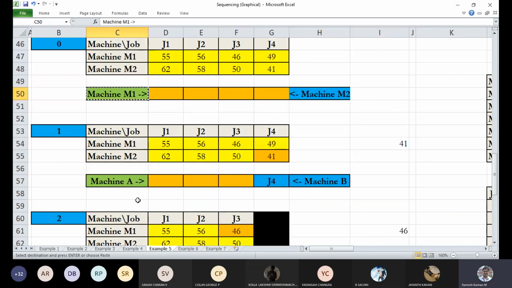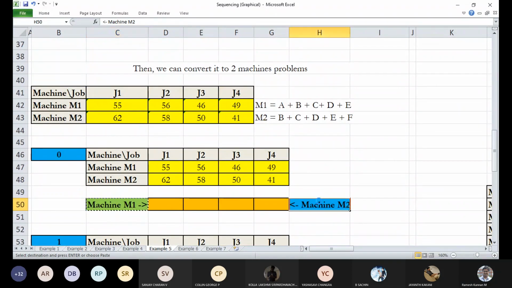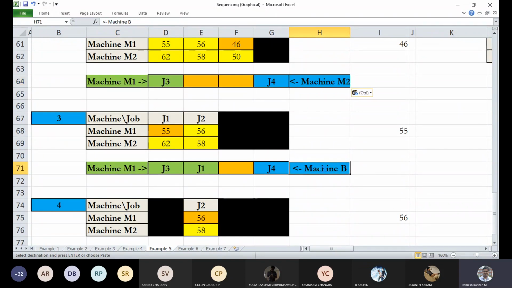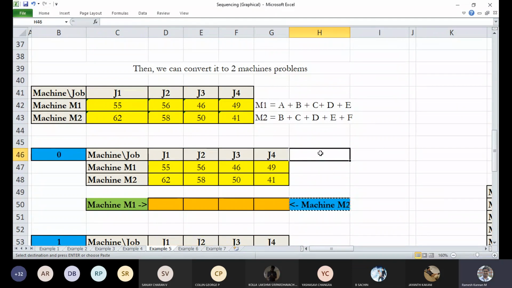Just give me a second, I'll copy it for all. This is for the sequencing, and that gets applied to the entire set of machines thereafter, right? So the first step was to make this table form with machine 1 on this side and machine 2.